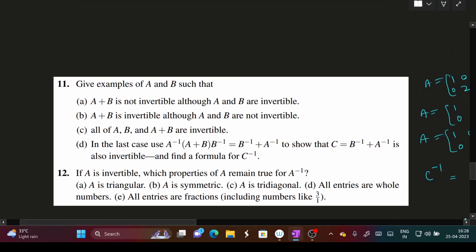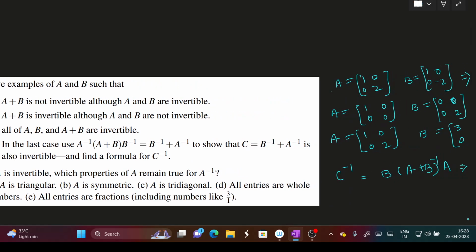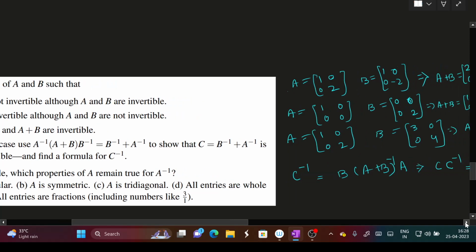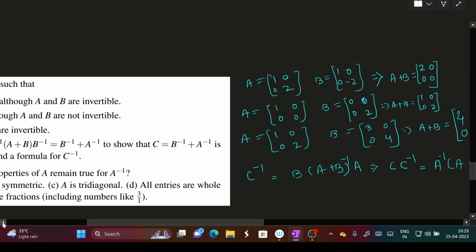Here we are expected to write examples of A and B such that A plus B is not invertible, although A and B both are invertible. So take two diagonal matrices where the diagonal elements are non-zero. That implies A and B have a full set of pivots, hence they are non-singular, hence invertible. But A plus B has only one pivot, another pivot is missing, so it is singular and has no inverse. The second question is,